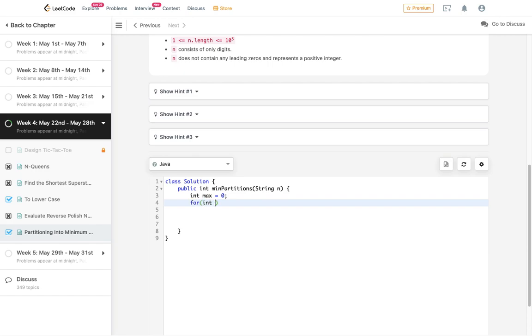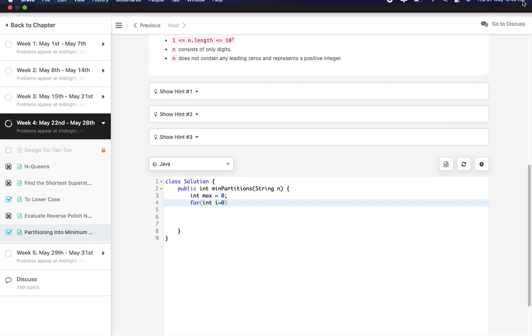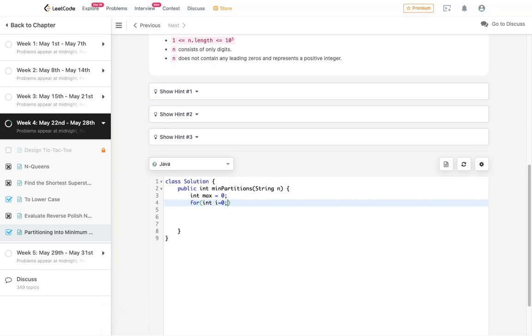We'll need to iterate through the whole string, i equal to 0, i less than n dot length. Now we need to compare every character and find the maximum digit. How will we find the maximum digit? It's very easy. Let's take a temporary variable called num.